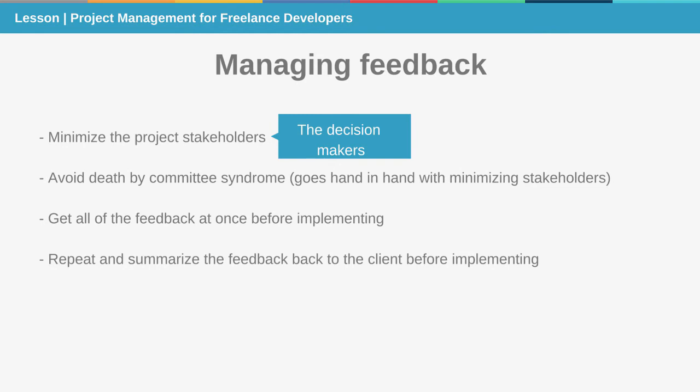Sometimes you're going to deal with more than that, but it's something to keep in mind when you're setting project rates, that the more stakeholders there are, generally the longer the project is going to take. But let's say you have 3 people, they're really good about not arguing, so you don't have to worry too much about death by committee syndrome. But every time you send something to them, you wait for all 3 of them to weigh in, and then